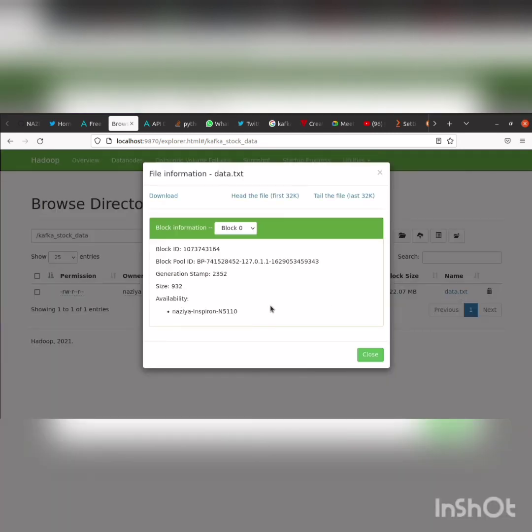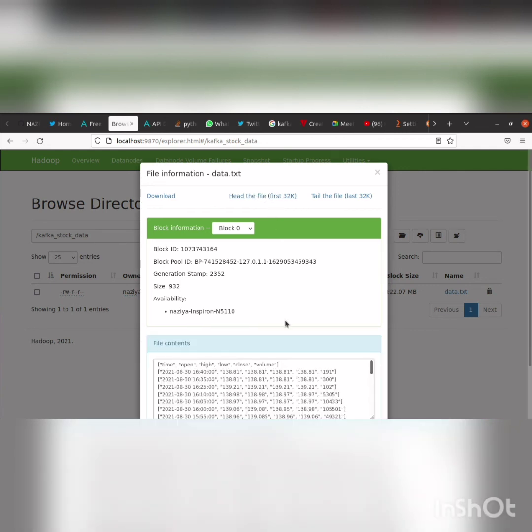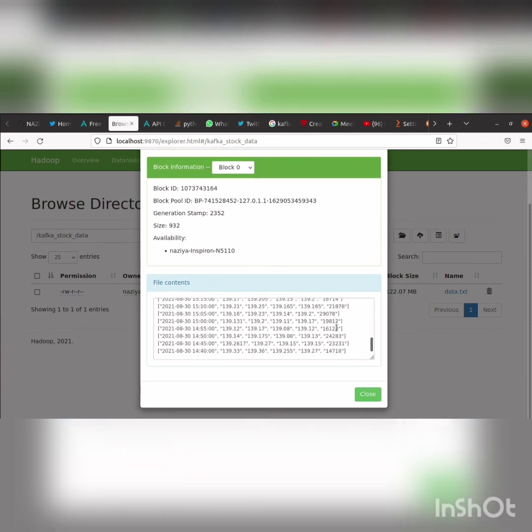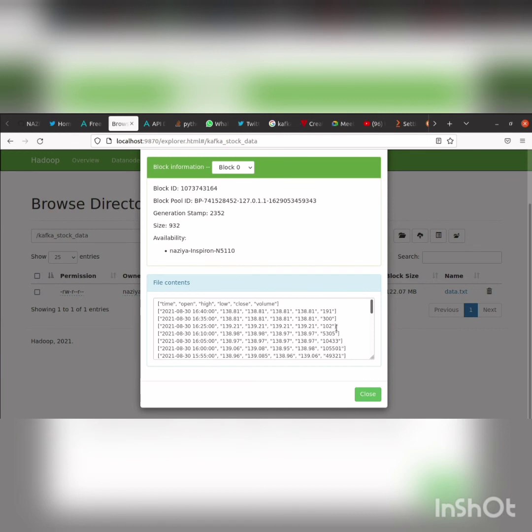So we can see the head of this file. As you can see, the data is successfully loaded into HDFS from that URL, from the Alpha Vantage site. So it's successfully done.